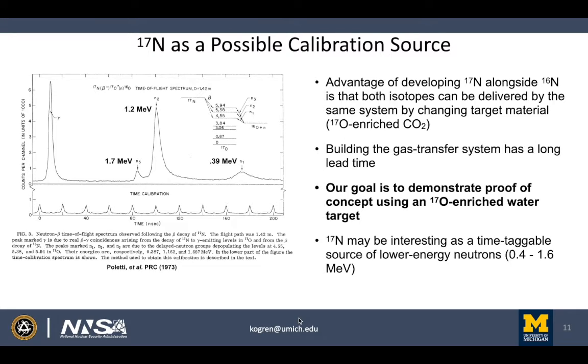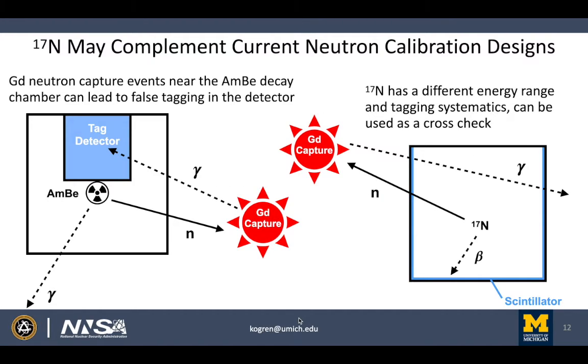And the reason it might be interesting is because just like nitrogen-16, it is beta-correlated radiation. In this case, it's a beta-correlated delayed neutron. So nitrogen-17 could potentially be a time-taggable source of lower energy neutrons with a discrete energy spectrum. Nitrogen-17 might be complementary to the current neutron calibration design. So for example, americium beryllium is what's currently been proposed, and nitrogen-17 would have a different design in terms of